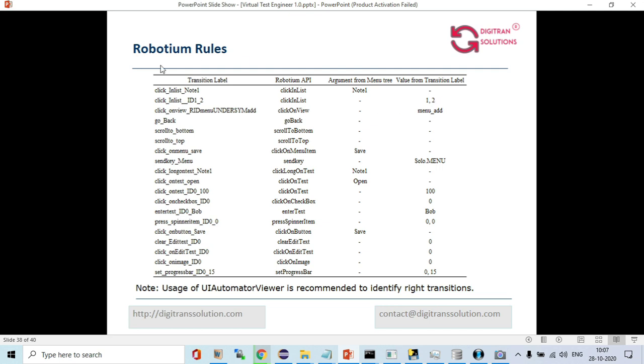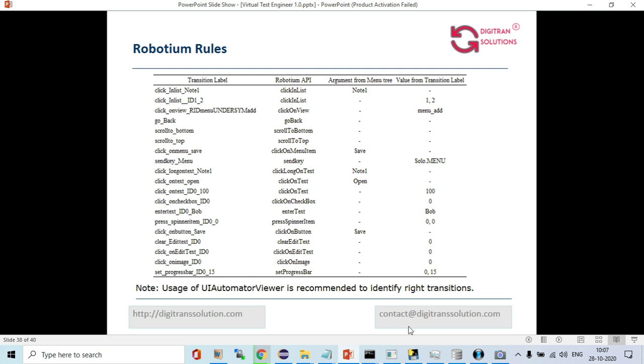But in the second case, click _InList_ID1_2, here also click InList is taken. In this case, there is no item available in the menu tree, but from the transition level, 1, 2 is the index value we got. So like this, the rules are given for each API. You go through these rules and then design your test case.